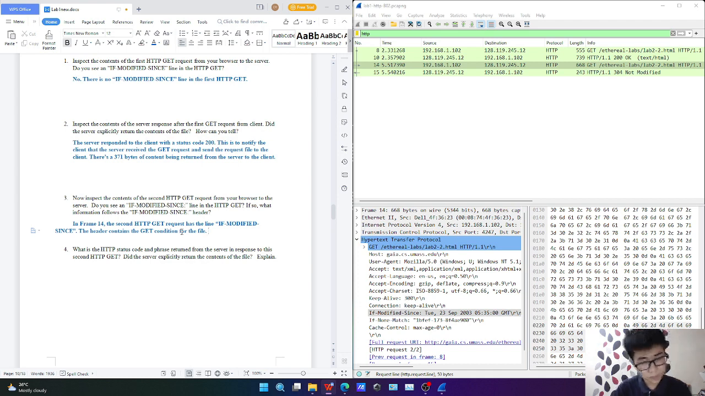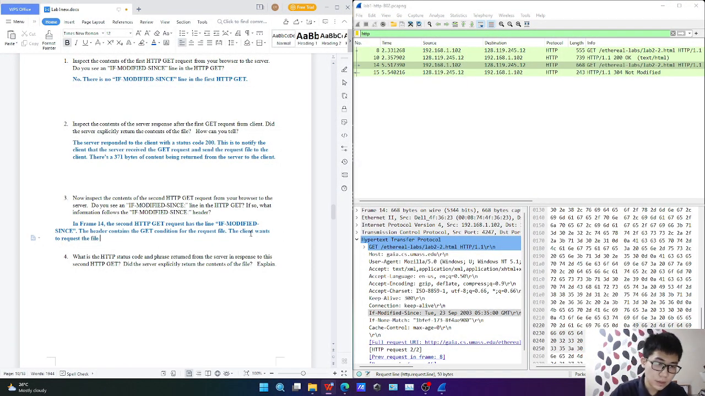and then to be more specific, the client wants to request the file, wants to get the file from the server if the file has been modified since the given time frame, which is